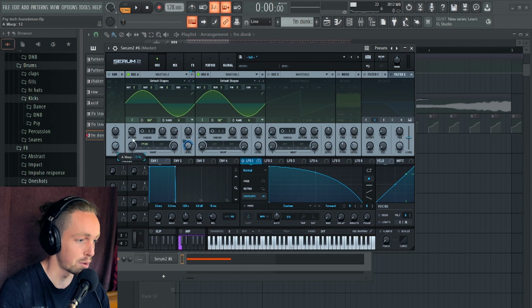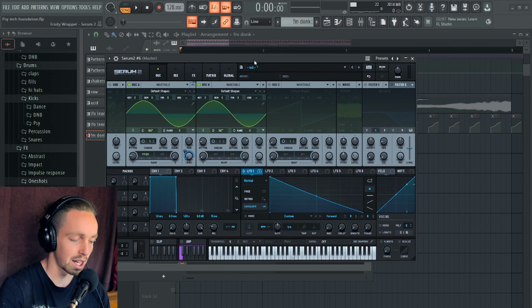And then if I bring up the FM, nice. The way that you get different results out of this sound is playing with the FM amount, playing with the octave of the modulator,